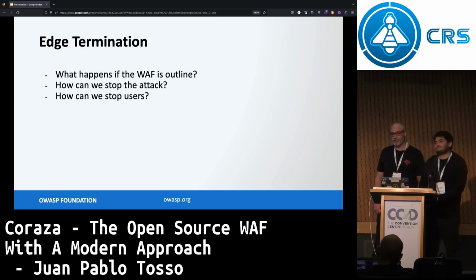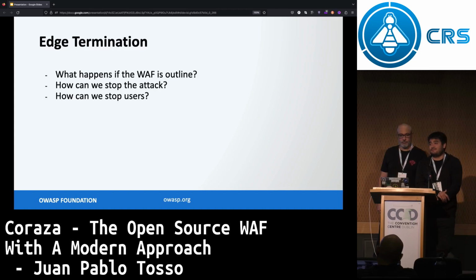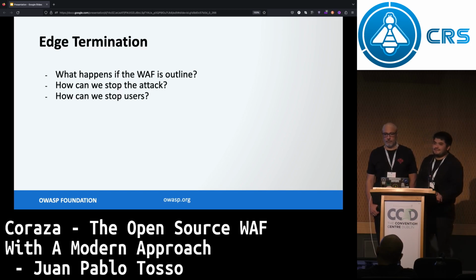And a super important problem, I think the biggest problem in web application security right now, is edge termination. We went through a lot of techniques and implementations of web application firewalls. I'm aware that most of you, the ones who know, implement inline WAF, so maybe it won't look so much like a problem. But if you look at enterprise applications that cannot add 1 millisecond because of a web application firewall, they cannot take that luxury. WAF processing must be performed asynchronously.